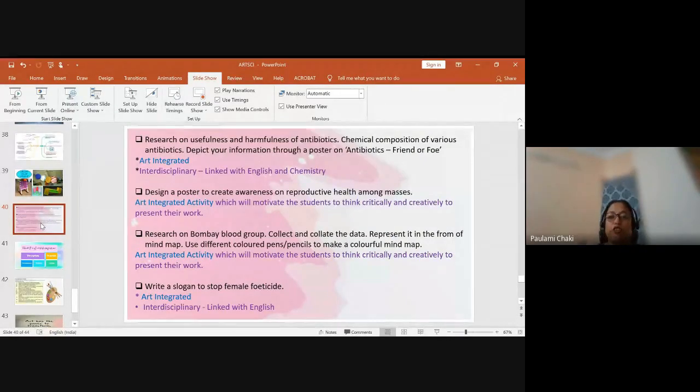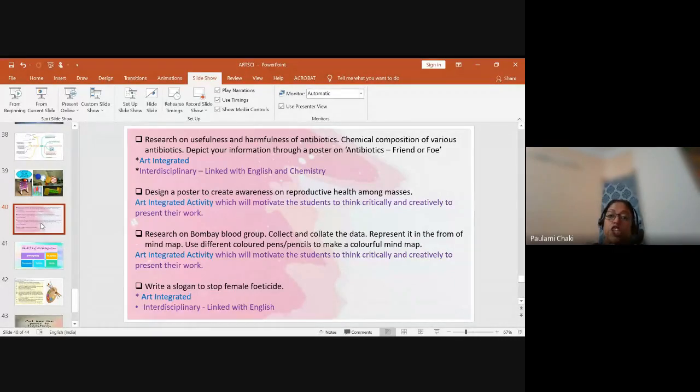Okay, so I will just go through it once so that you can get much more idea about how we can use different things. Like there is antibiotics. Antibiotics is there in grade 8. It is there in grade 5, I remember. Then it is in grade 9. So you can use this in multiple classes. Depending upon their mental age, we can reduce the amount of work or we can increase it. We can make it diverse.